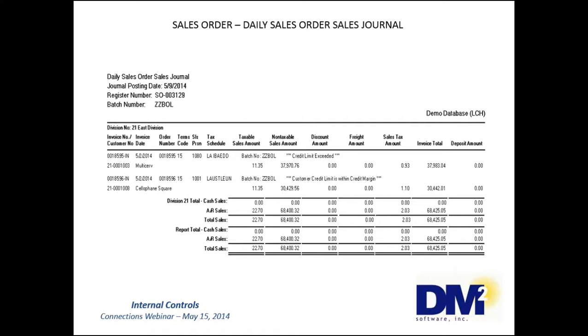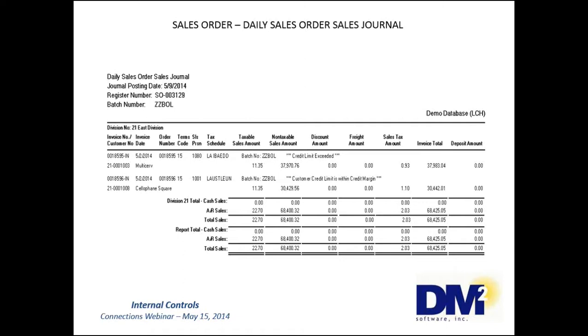If you are reviewing this report and you find something wrong, say you are expecting to see 3 invoices on this report and there are only 2, you can stop at this point and go back to your bill of lading entry to review why there are only 2 invoices. Maybe you forgot to enter a bill of lading, or you accidentally distributed it to a warehouse.